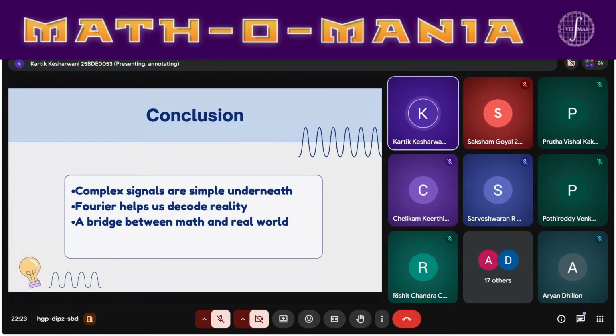In simple terms, it breaks complicated things into simpler building blocks, sine and cosine waves, analyzes those components, and then allows us to modify, compress, enhance, or reconstruct the original data